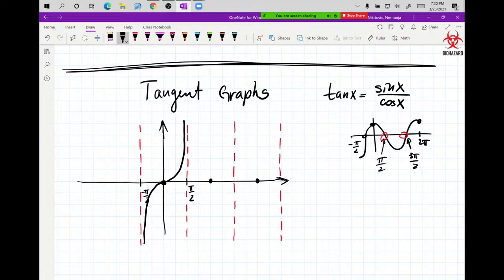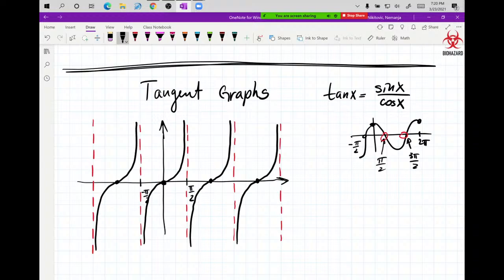And now there we go. So the tangent graph has infinitely many of these squiggles stacked to the left and to the right, going to